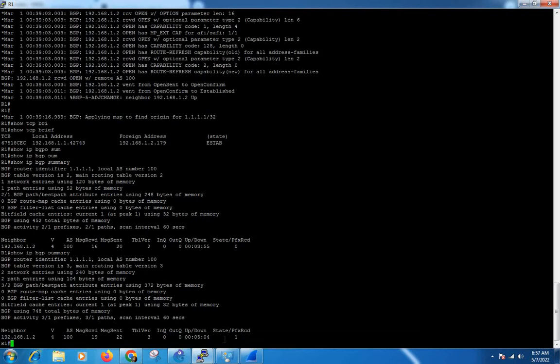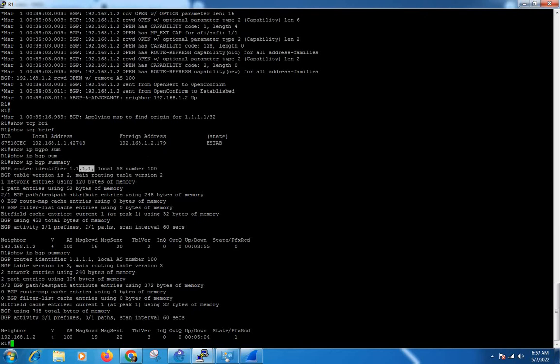If BGP is stuck in any state, we will see 0 here. Otherwise we can see the number of prefixes we are receiving. Here 4 means the version number is 4, IPv4 BGP using version 4. Here we can check the BGP router identifier.